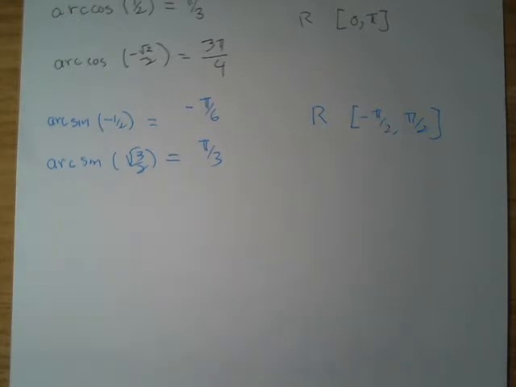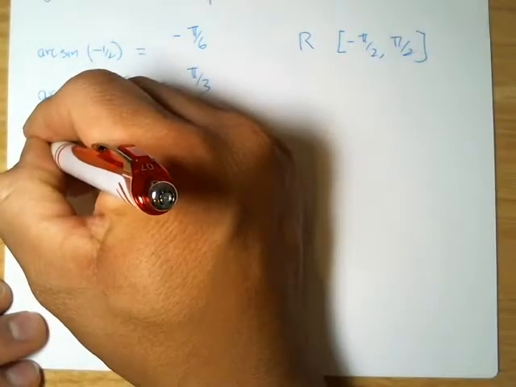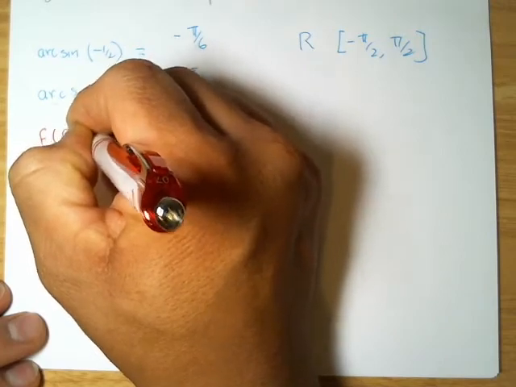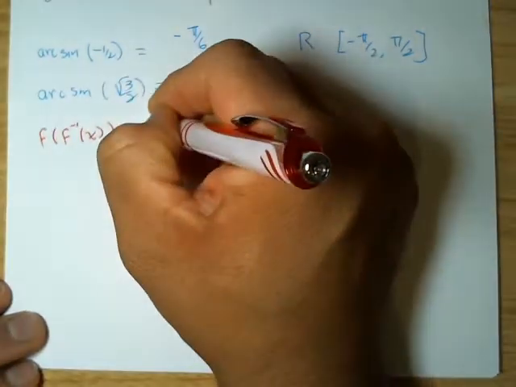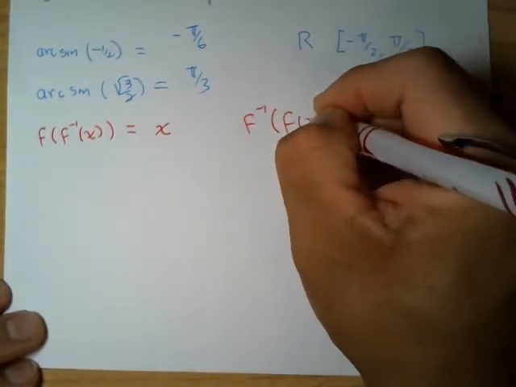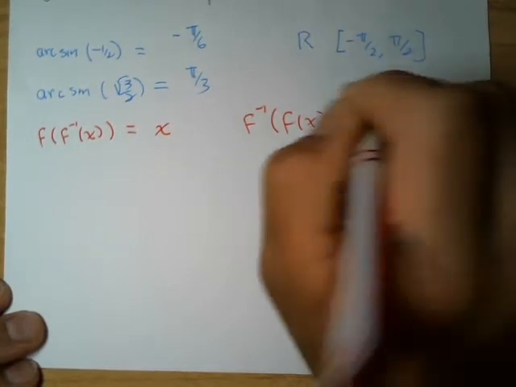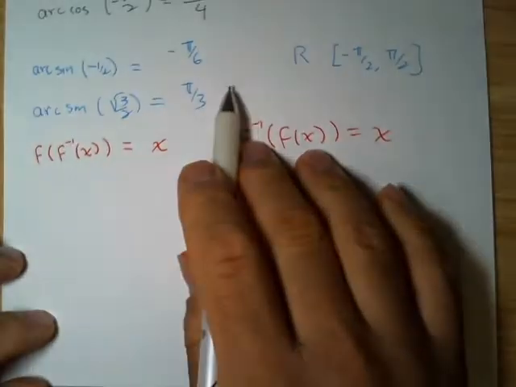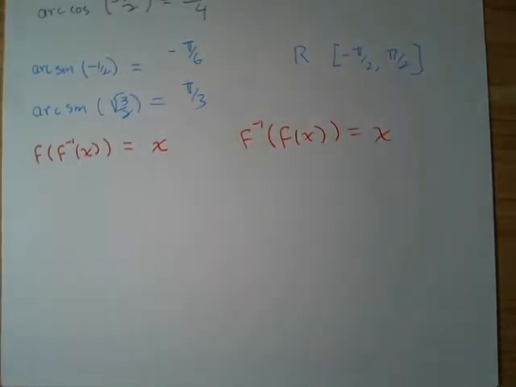Now let's take a look at compositions. A property of inverse functions, in general just algebraic inverse functions, is that if you take this composition, we get back the value of x, the identity essentially, and vice versa. If you flip around the inverses, this would be true. Now this kind of relationship does hold for the trig functions, but there are some caveats based off of the fact that we've had to